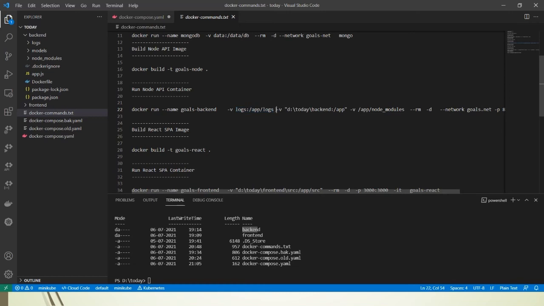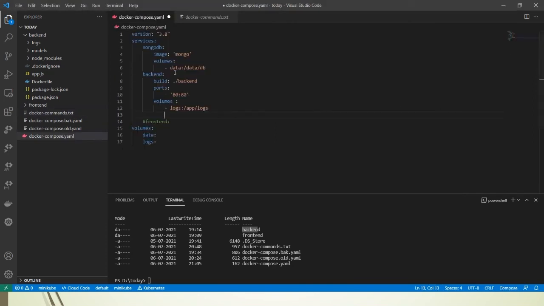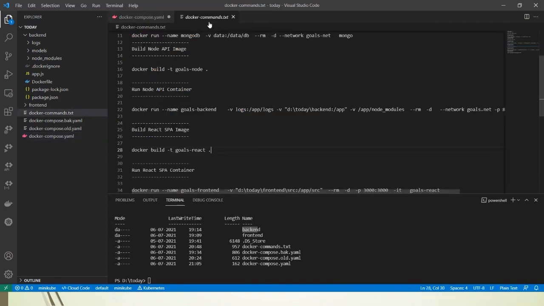Okay, now let us see the other volumes. We have a bind mount, that is this one, d:/today/backend/app. We don't need this one. This is an absolute path, so we will give the relative one over here. The relative will be like this: first the dot sign, then /, the folder name backend, and then let us go to the command again.